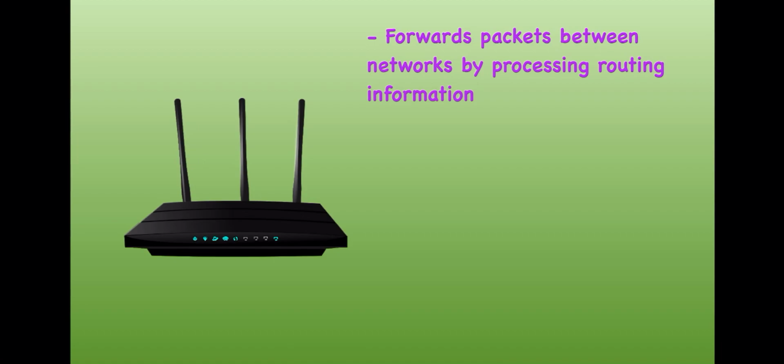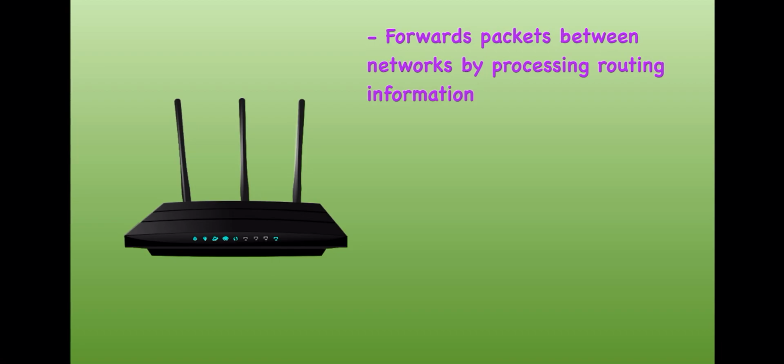See, and the router, what it does is it works with the packets. See, there is a difference. Here also it is routing. The hubs were also distributing the data. The switch was also distributing the data, and the router is also distributing the data. It is routing information. Routing means it is providing the path.